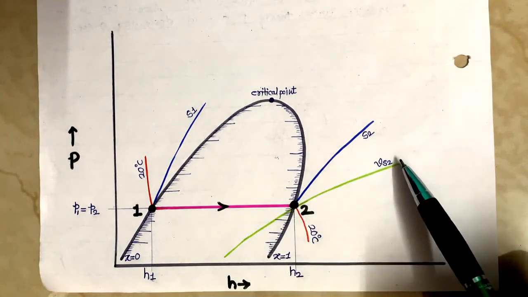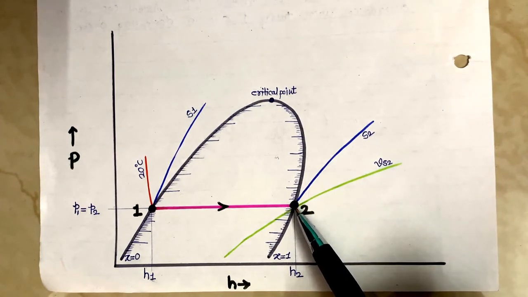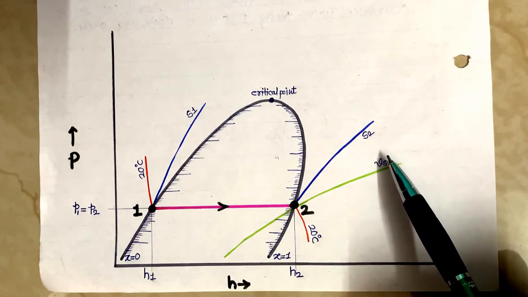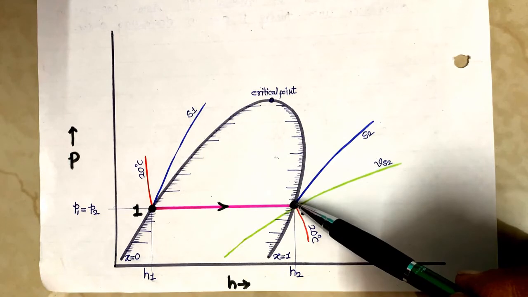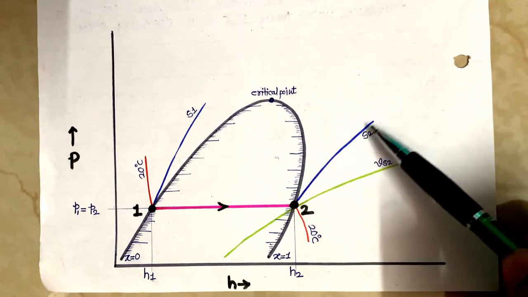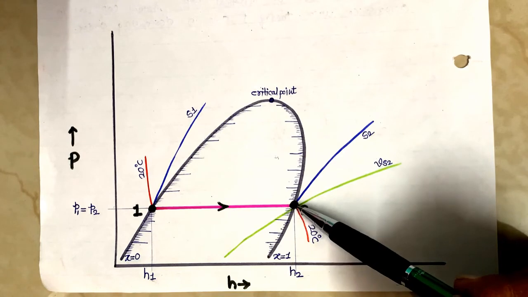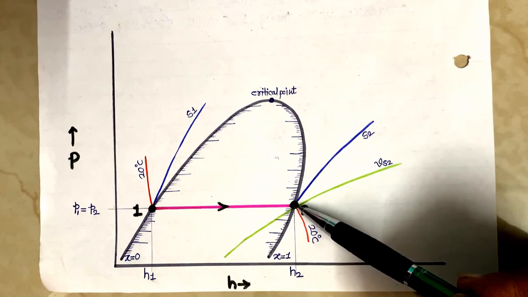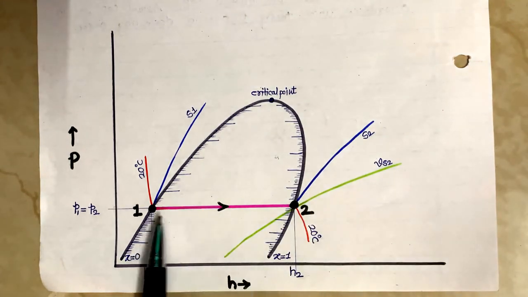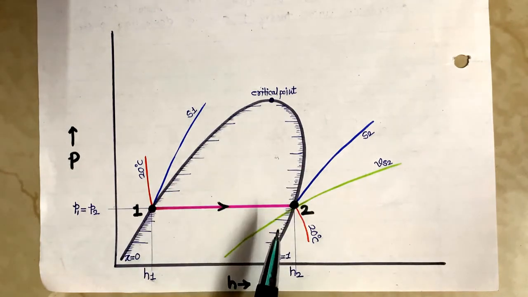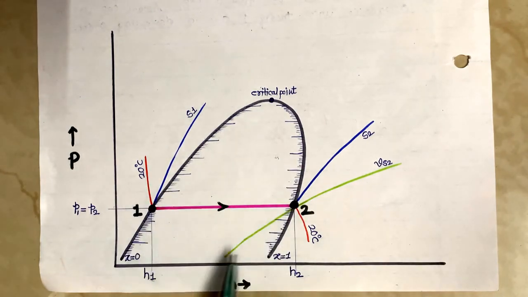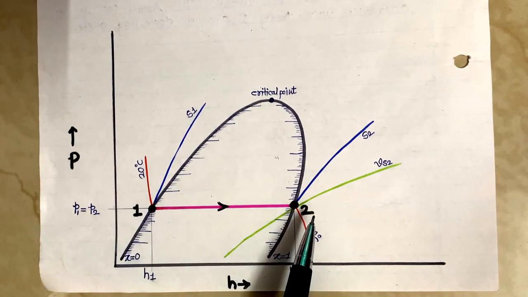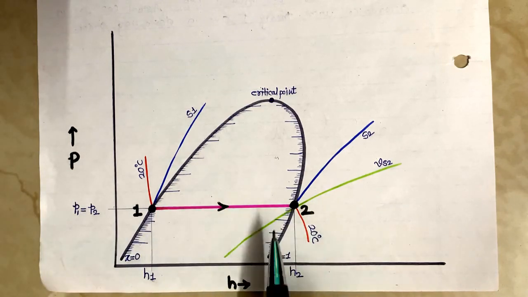Also measure the specific volume for point number 2, because that specific volume scale is given on the chart, which was explained in a previous lecture. Also measure the entropy curve which passes through point number 2. From that we are able to find the entropy at point number 2. Thus we know that for any process drawn over this p-h chart, one should know all the properties at various locations within that process or during that process.